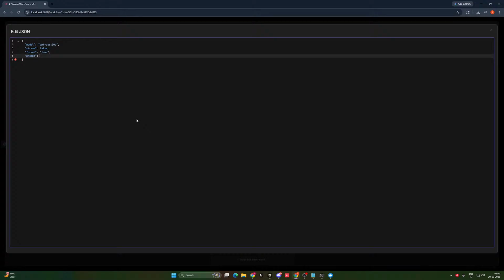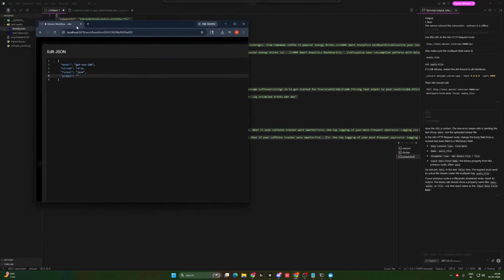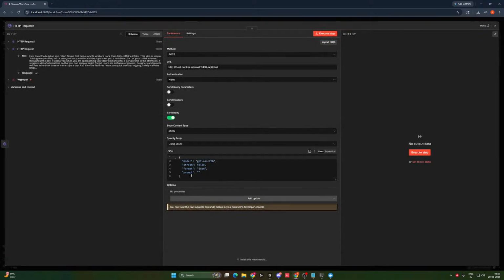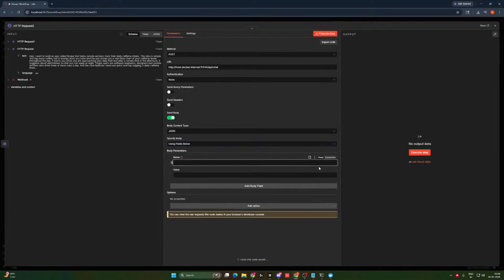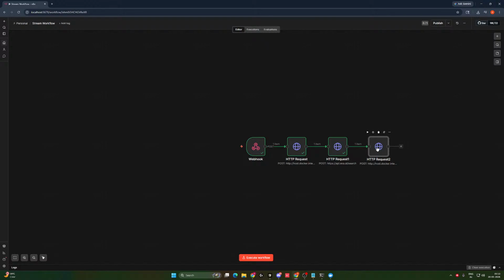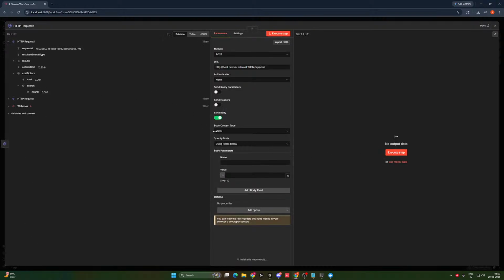Prompt would be, let me just write the prompt. Well, actually, the prompt would be an expression, right? So let's not go with the JSON thing. Let's actually go with fields below. So what happens here is you can also use expressions using these, which are the things that you can actually carry forward. Why is it like this? HTTP request, yeah, it should be this. So I can actually use it here.